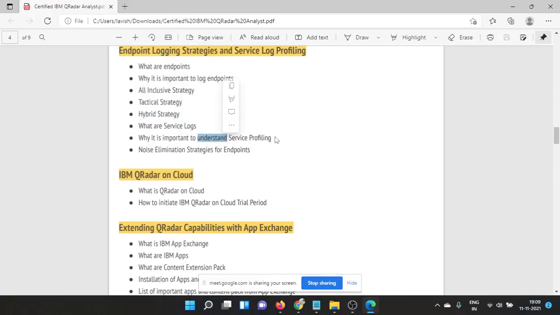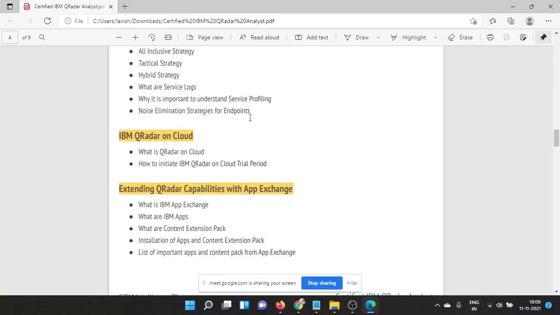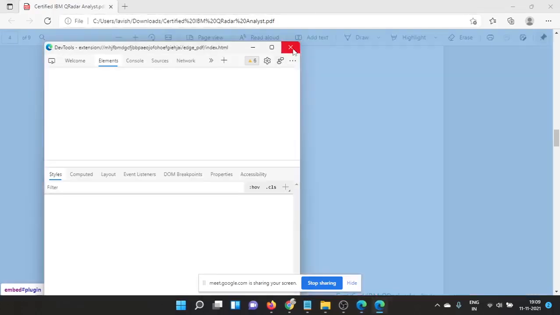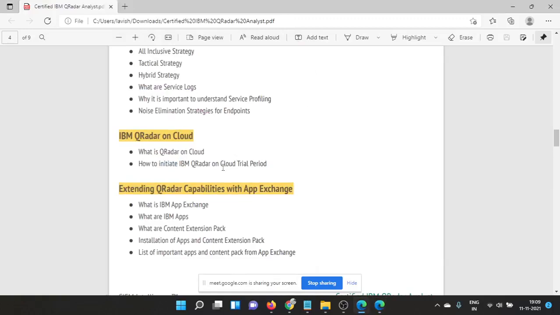How to understand service profiling and the eliminate strategy of endpoints. Eliminate strategy is something where you first integrate everything, and the ones you don't require, you start removing. And we have seen how to install CloudTrail, that 14 days CloudTrail. However, right now, because of some IBM changes and all, this is not taken into consideration. So now I think there is an issue while creating the 14 days. But in our early stage of classes, we created a 14 days trial, but it's not working.